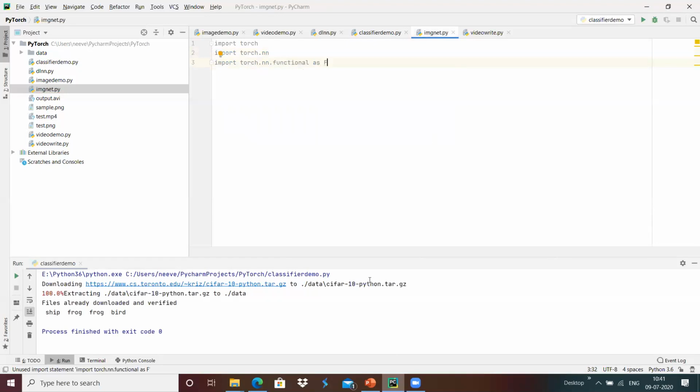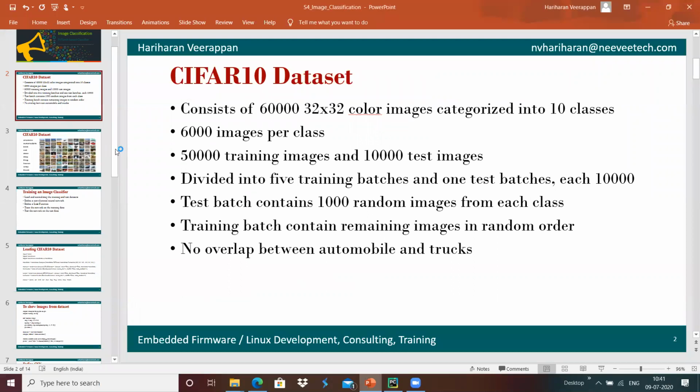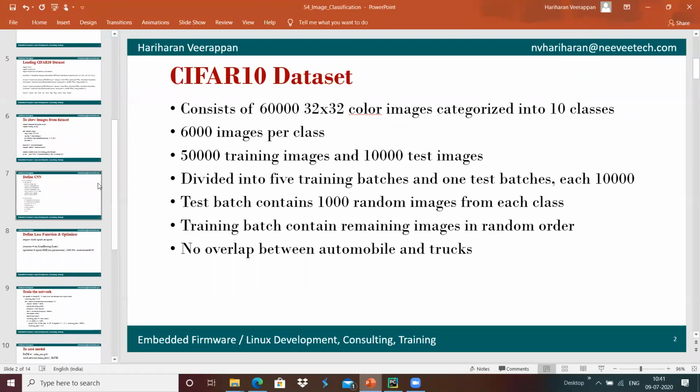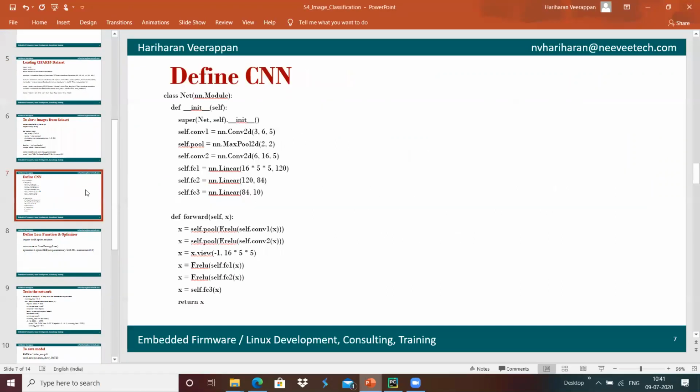The network that we are going to define is a very simplified network, similar to what we did earlier with 2 convolutions and 3 linear operations. The same way we are going to do it here.